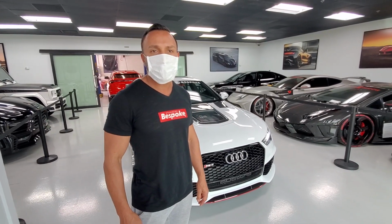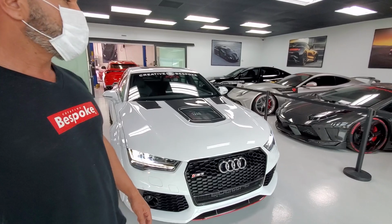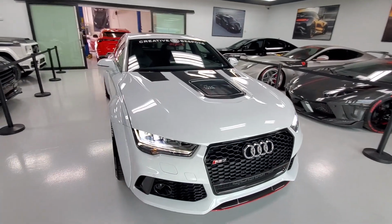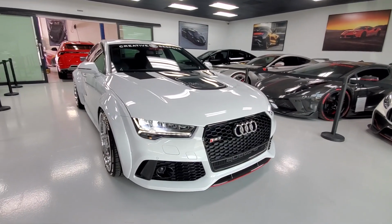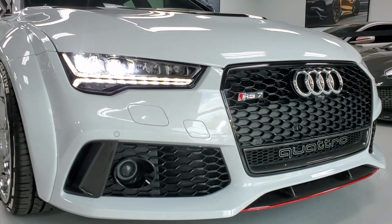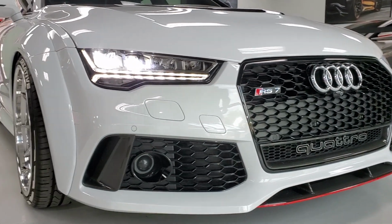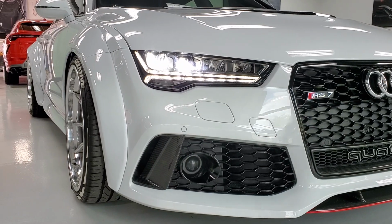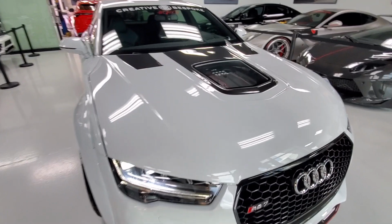Hope everybody's staying safe. We had a lot of requests regarding this vehicle, so we want to give you a rundown of everything we've done to it. This is a wide body prior design that we built. Obviously, as you see, the car has the fender flares on the vehicle, has the glass bonnet that showcases the